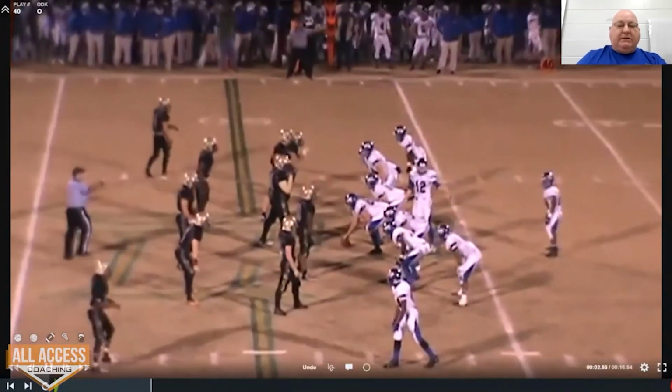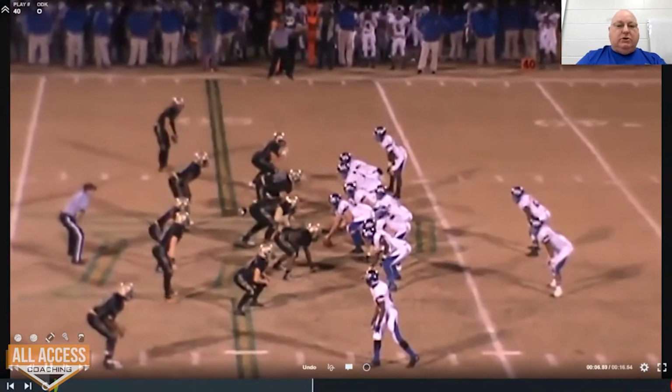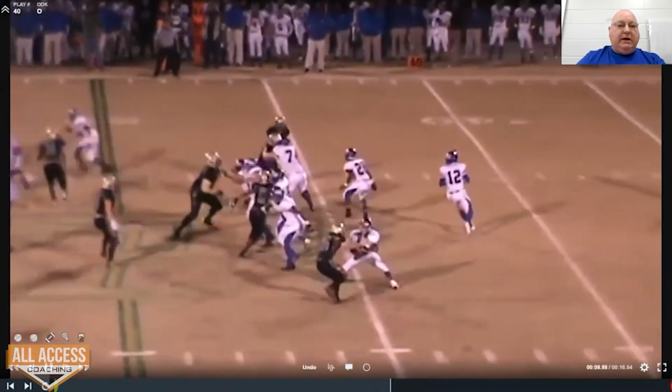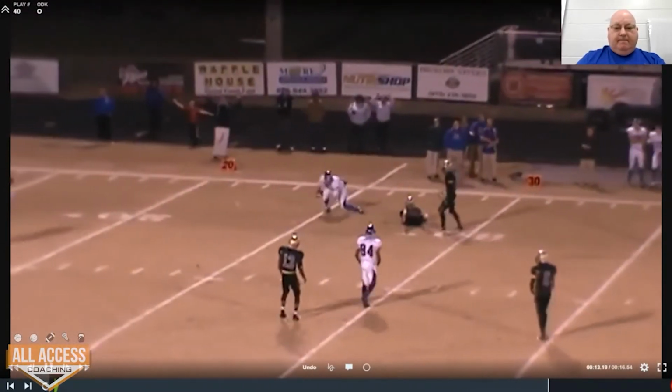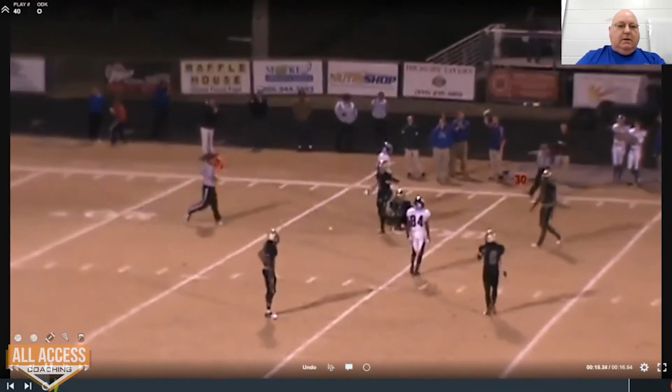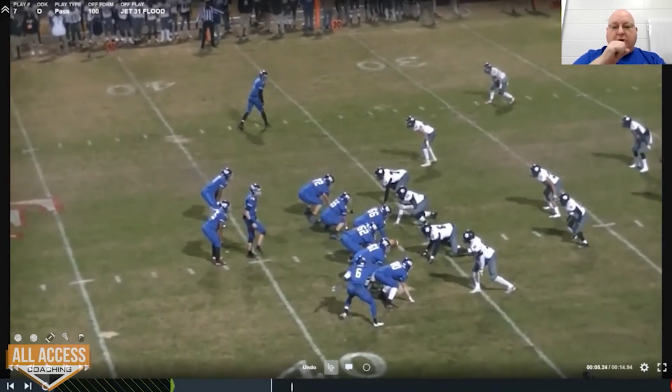Here's going to be our pass off power pass. Tight end's going to run a corner route. Wingback runs a 10-yard out. Here's the same play out of the pistol. And one thing we learned we could do here